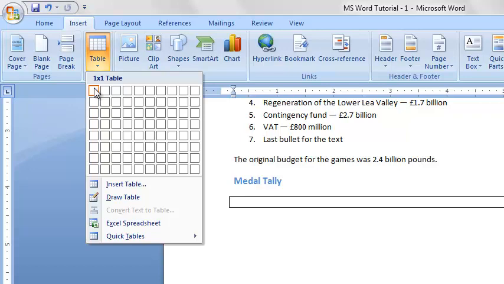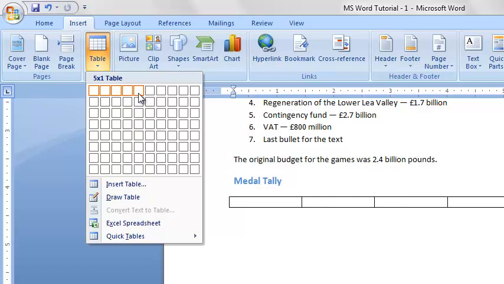Since we are talking about a medal tally, we want columns for the country name, number of gold medals, number of silver medals, number of bronze medals, and the total number of medals. So we're talking about 5 columns: 1, 2, 3, 4, 5. And then rows.